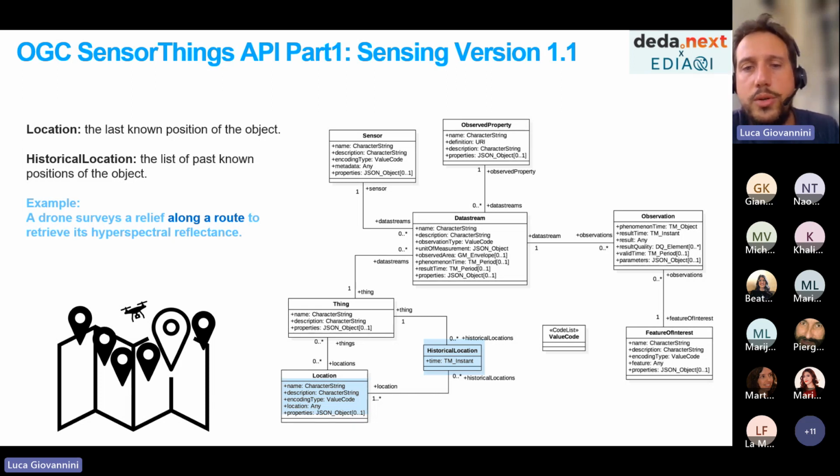In the table location, you will store as different elements the different positions, and in the table historical location, you will have the opportunity to say, for each location, in which moment of time the drone was at any of the locations specified in the table location. So with this simple set of two tables, you can handle both the situation of a stationary thing and of a moving thing.